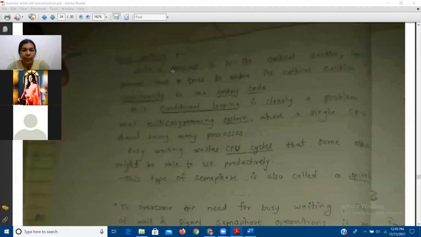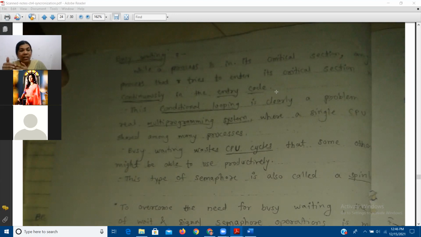So busy waiting: while a process is in its critical section, any other process that tries to enter its critical section will loop continuously in the entry code. It is just trying to execute the entry section code a number of times. Is that process entering the critical section? No, because the first process is already there. And what are processes 2 to 9 doing? They continuously go to the entry section and try to execute the code. Again, after some time, they try to execute the same code.